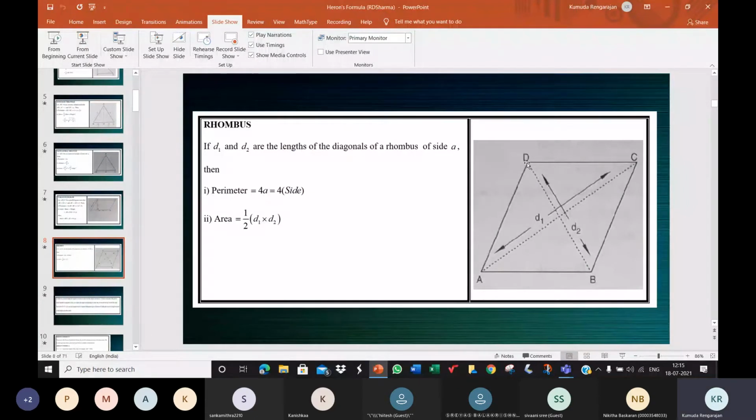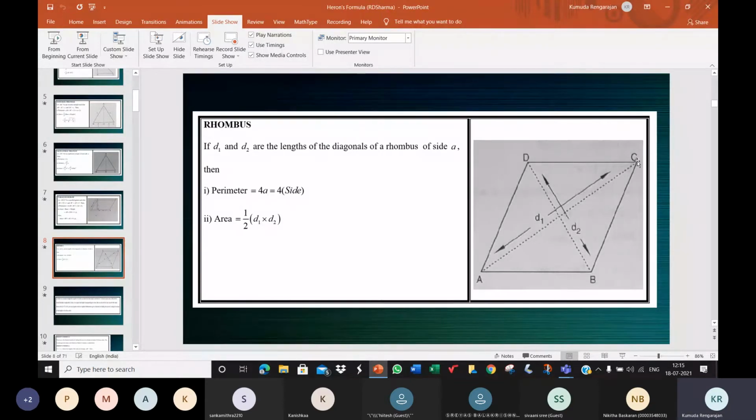So if you talk about the altitude from D, it will be like this. Perpendicular from D, it will meet AB at right angle. Or it can also fall from C. When you drop a perpendicular from C, it's falling outside the rhombus. So it will meet AB produced. The altitude can also lie outside the figure.